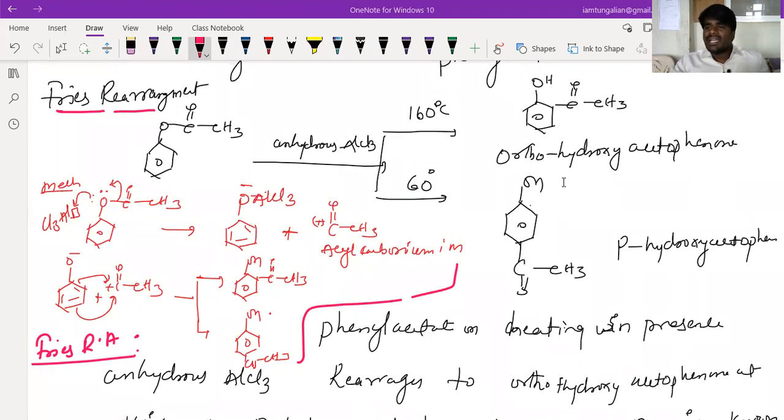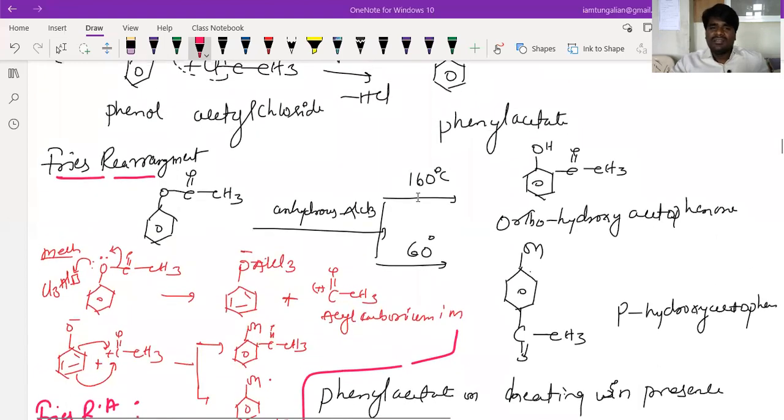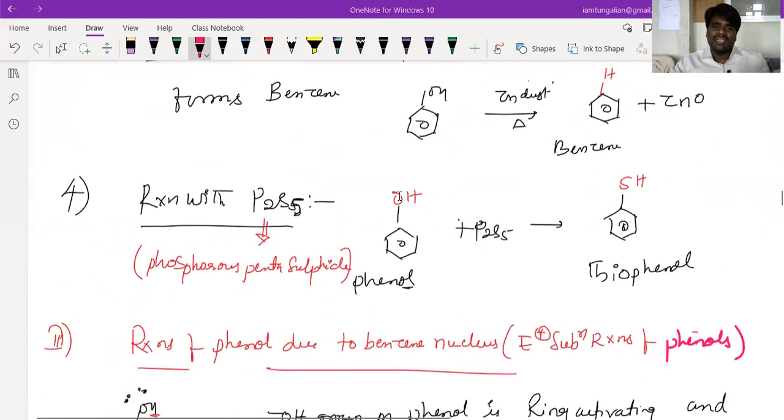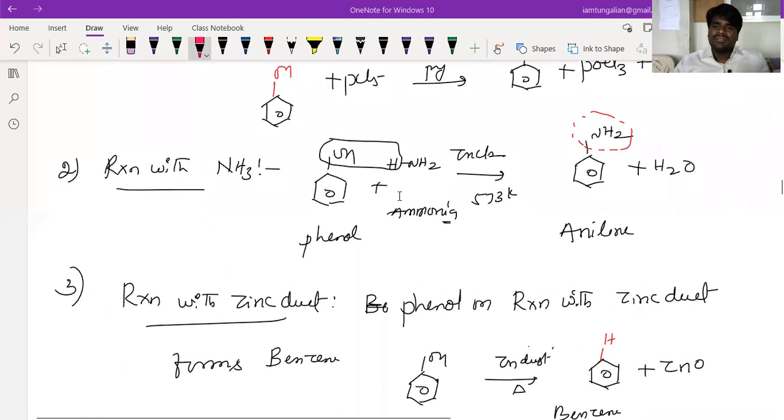Beta, it acts as a catalyst in the reaction of phenol with ammonia, beta. Ismail, see, in this particular reaction, it acts as a catalyst, beta. It increases the rate of the reaction. Are you getting it, beta? It acts as a catalyst in the reaction. Ismail, is that clear?